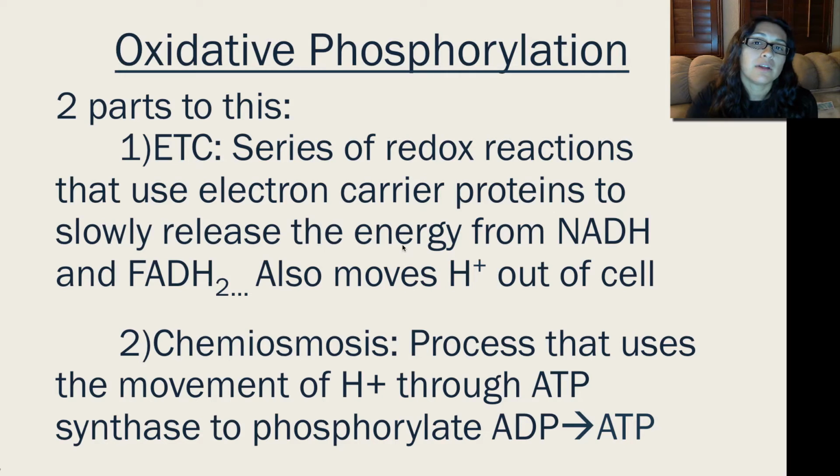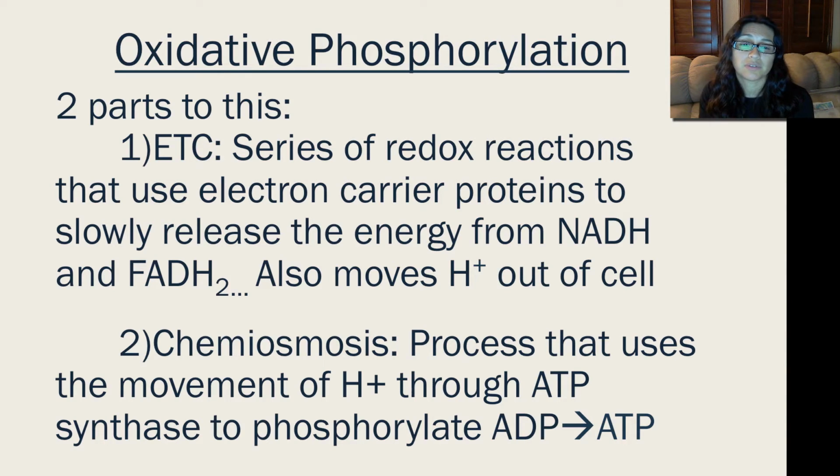The process of passing these electrons along is going to slowly release energy and also allow a hydrogen gradient to form. We're going to push hydrogen ions out of the mitochondrial matrix into the intermembrane space, and that's going to be huge for the second part